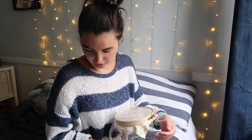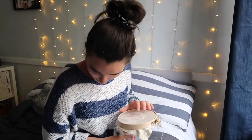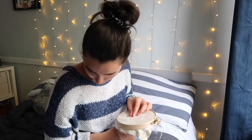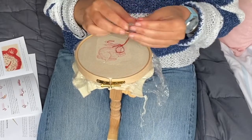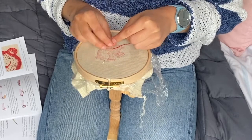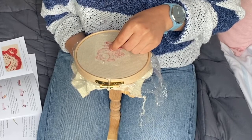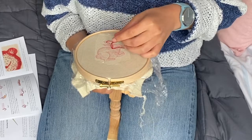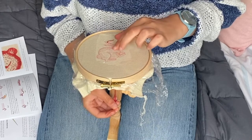So the next stitch that I'm going to be doing is starting the outline, which is a long and short buttonhole stitch. So I thought we'd have a go and I'd film trying it for the first time. So I'm going to come up there, I'm going to go bring down, but I'm not going to make the loop tight, so we'll just leave it like that,